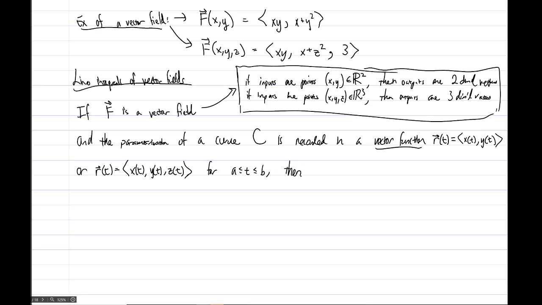If you have that stuff, you need to be provided a vector field, and you need a curve. Either the curve is described in words and you make the parameterization, or the parameterization is provided for you and you make a vector function. In the end, you need a vector function, whether it's a 2D vector function or a 3D vector function. Okay, so once you have that, then